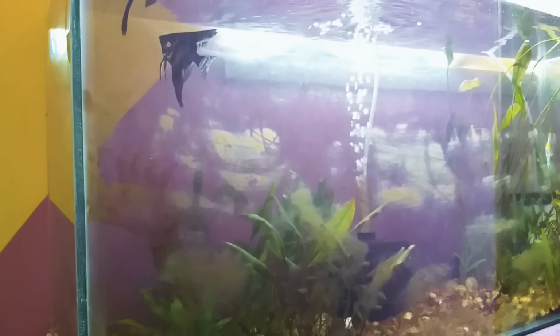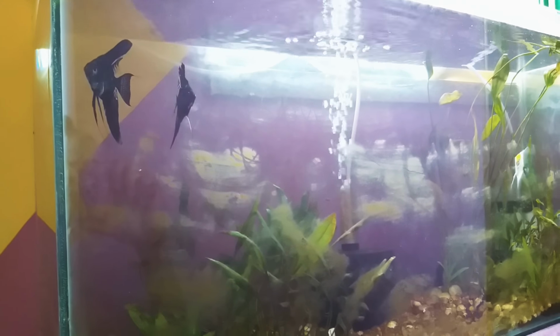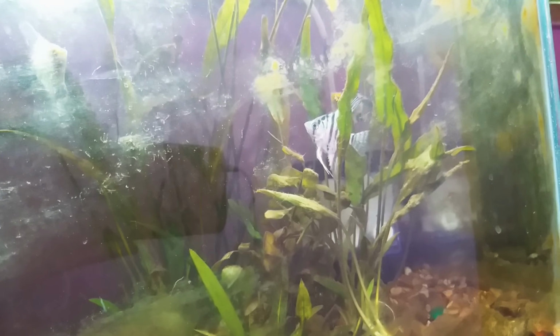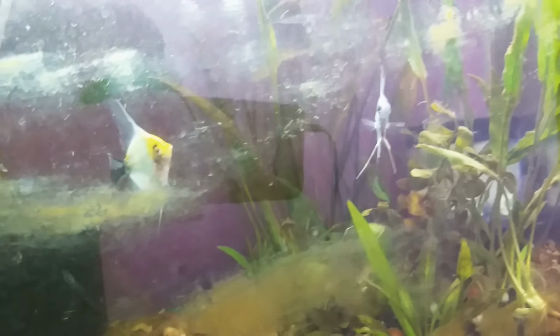I have dwindled the stock. These 2 angels were there from the start. I have introduced 3 more angels. This is possibly a male. This is the smallest one. The variety is, I think, blue ghost zebra, and these are